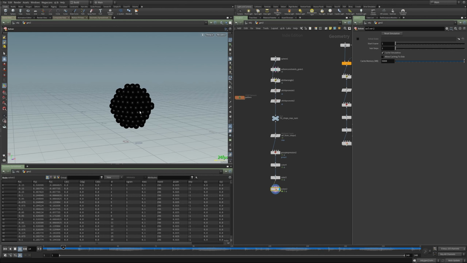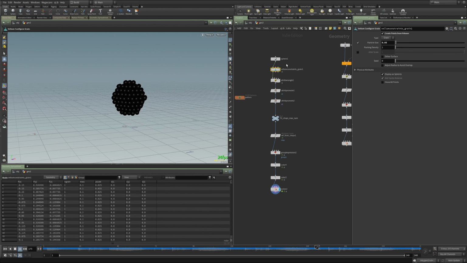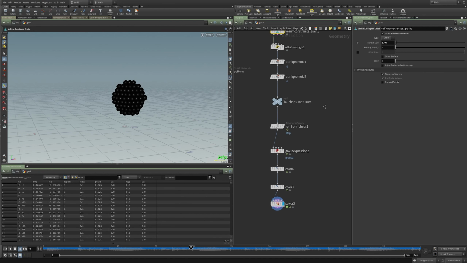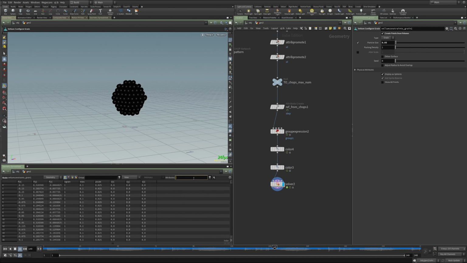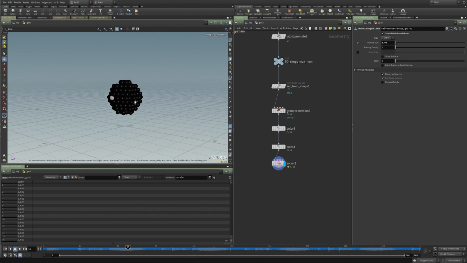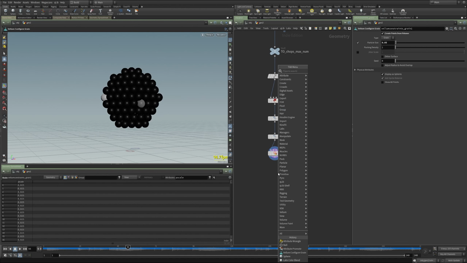What I need to do is use that same value to increase our p-scale. Our p-scale is created in our Vellum constraints grain, or this configure grain. This particle size drives that, and you can see it down here. Let me just limit this. We've already done a little bit of work to get this nice fading color, so I'm going to use that color value to add a bit to our p-scale.